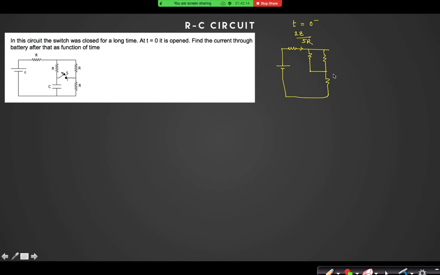So what is the potential drop across this resistance? Is it 2E by 5? Yes. So at t equal to 0 plus, can I say that now, as soon as I opened that switch,